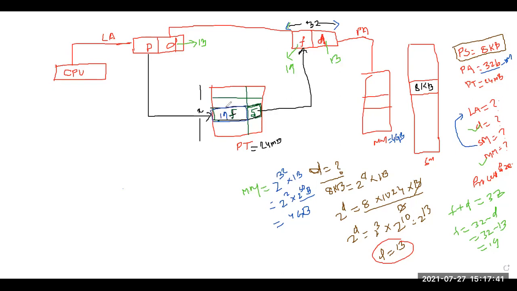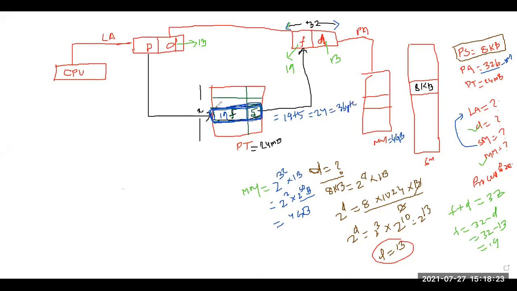Now tell me, the total size of a frame entry in the page table is equal to how much? The total size is 19 plus 5. Now see here, 19 bits for the frame, okay, addressing the frame, and 5 bits extra for maintaining the information about it. So what is the total size of this frame entry in the page table? 19 plus 5, which is equal to 24 bits, which is nothing but 3 bytes. Yes or no? 24 bits are used, right?